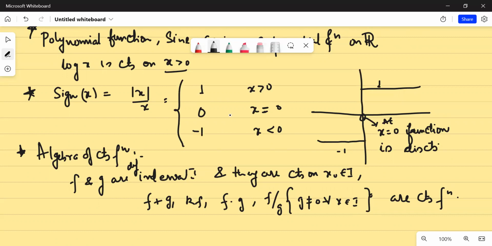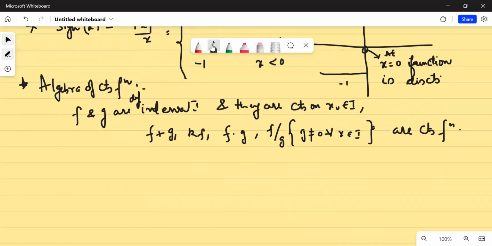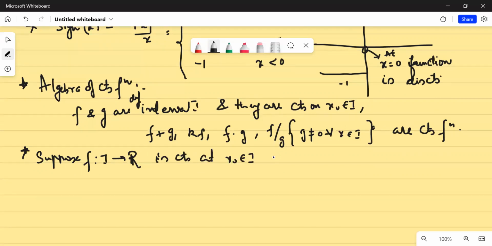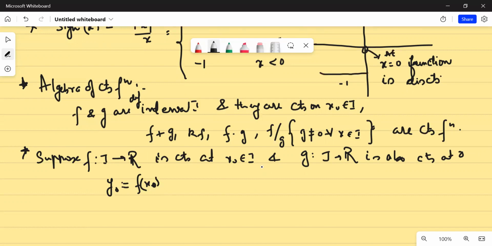Yes, sir. Okay. And if you know what composition is, then I'll write this also. All of them I am writing without proof, so don't worry about the proof, just write it. If function f is defined from I to R, and it is continuous at x0 belonging to I, and g is defined from an interval J to R and is also continuous at y0, where y0 is f of x0. Because when you are composing, I'll tell you what I want to say,